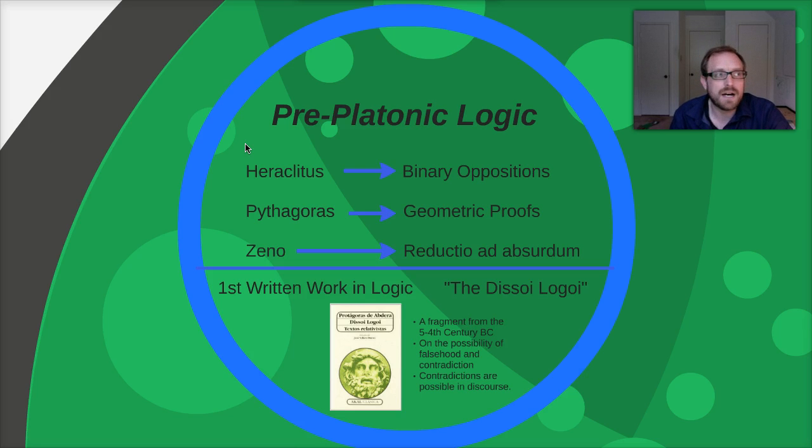For instance, in an unrefined sense, Heraclitus would say things like, cold is the binary opposite of hot, or justice is the binary opposite of injustice. Ultimately, he tried to create a whole metaphysical system out of binary oppositions. How are the opposites somehow able to be linked together? How are they related together? He argued through some sort of harmony. Interestingly enough, Leibniz would take a similar idea in his monadology. So we get Heraclitus as the recognition that there are binary opposites.